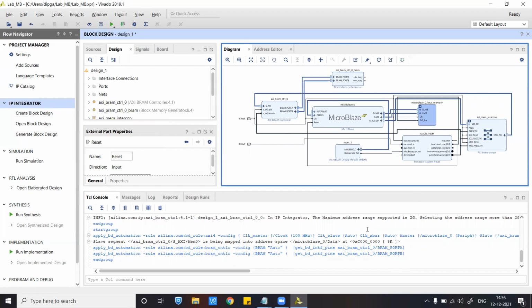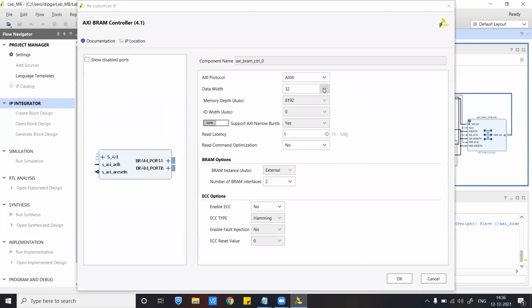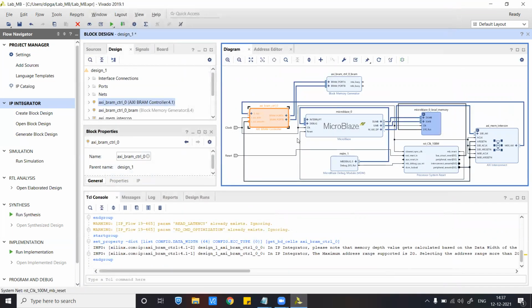Once this is added, you have to recustomize the BRAM control IP, and change the data width to 64, and then check if we need interfaces. No, so everything else seems to be fine. Okay, so do okay. Okay, so this is done.